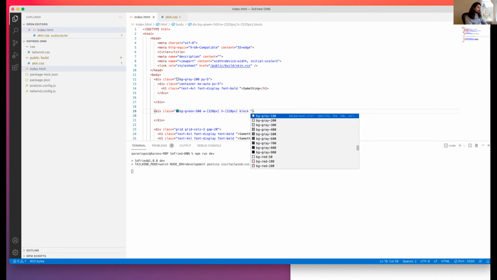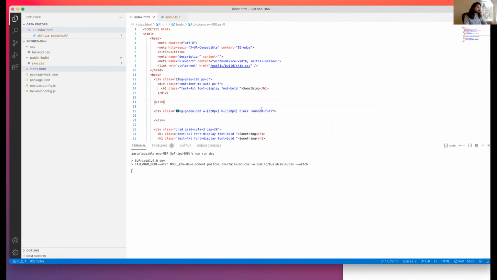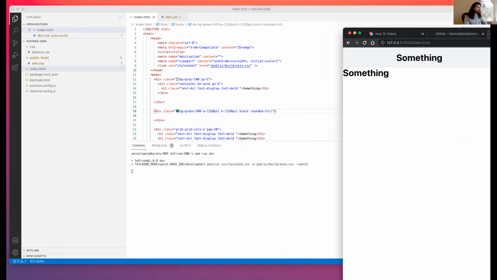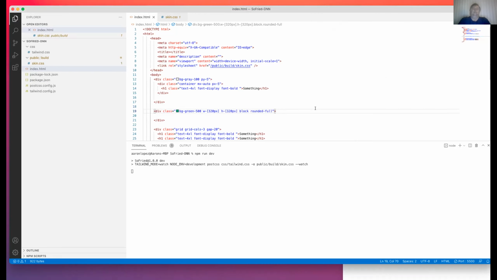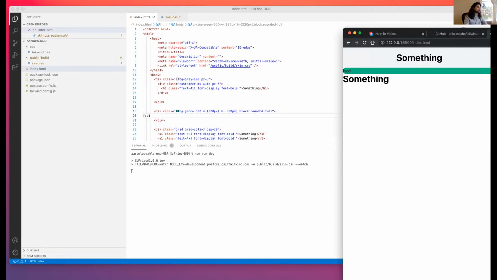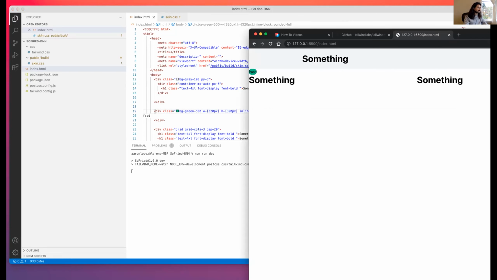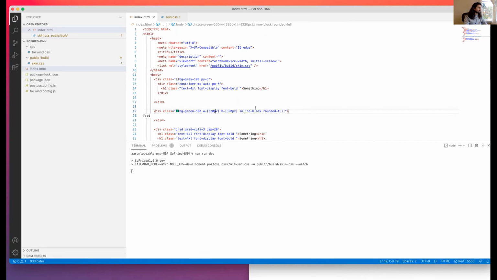So we have to make this a block probably, and we probably need to make it rounded-full, and see what that does. What am I missing? You've got to put some content in there. Yeah, quite possibly. Let's see. There we go. Oh, did I not put that on? Oh, hold on. It's because it's a block level element. Hold on. Inline block. Or it's because it's a, yeah, here we go. Oh, what's going on here?